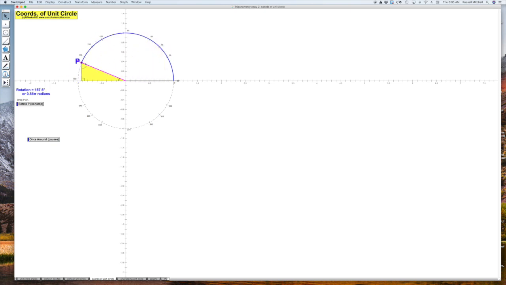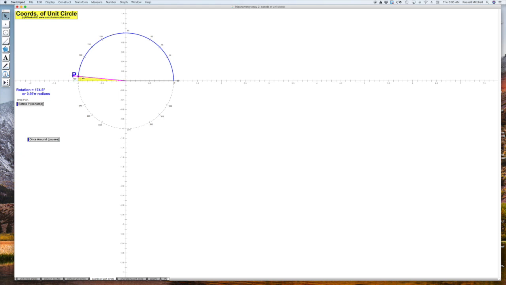Each one would be pi over 3. So the first angle would be right about in here, the second angle right about in here, and the third angle would land on pi right here. So this would be pi over 3, then this would have to be 2 pi over 3,